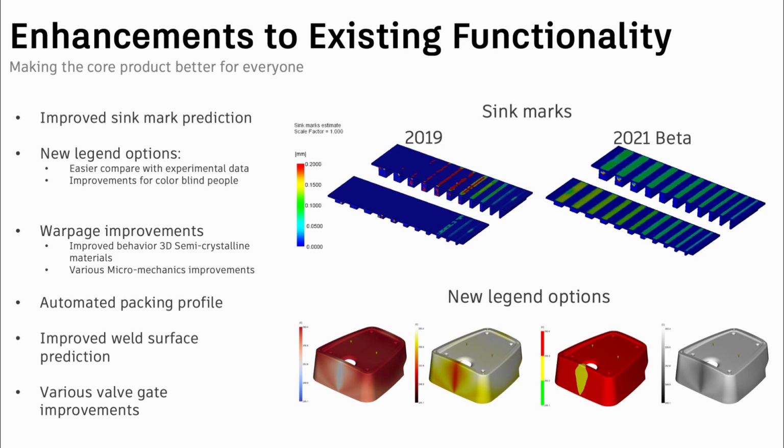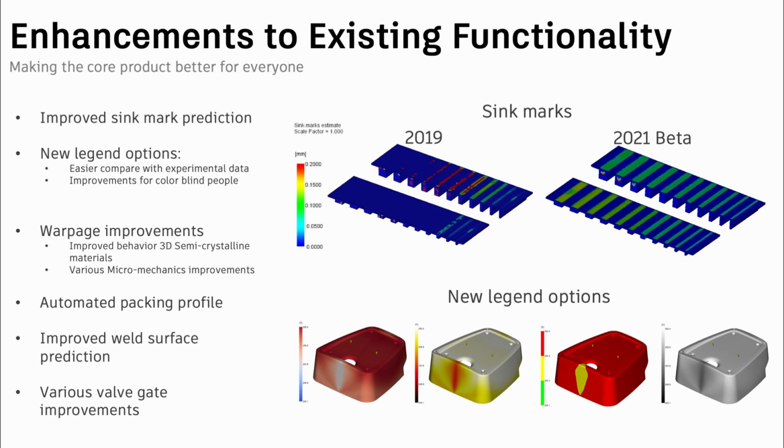Another thing we added is an automatic packing profile. Again, the intent behind it is basically to at some point replace the default packing profile, which is at the moment 10 seconds for 80% of the maximum injection pressure, with a packing profile that's appropriate for the particular part. So the end result is going to be that you get a better, let's say, warp prediction out of the gate, or more plausible than what you would have gotten with the standard